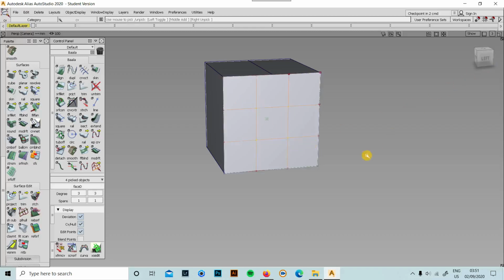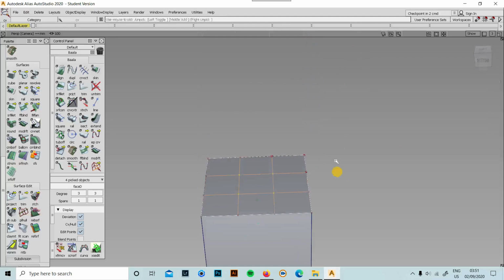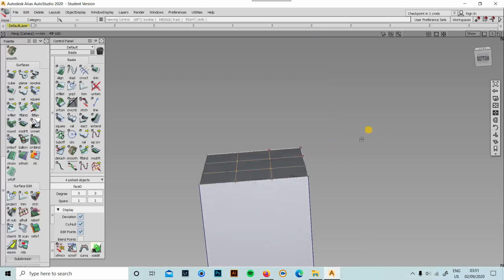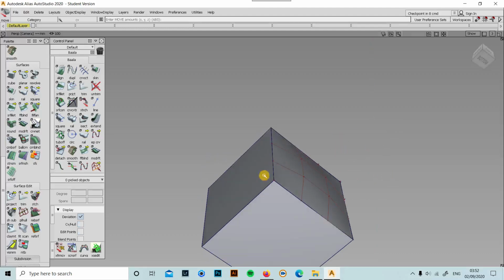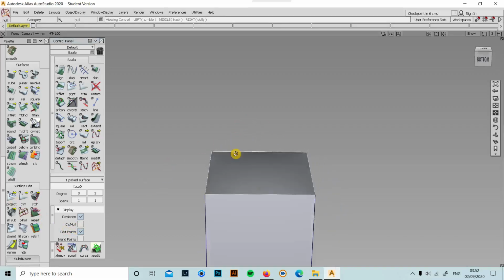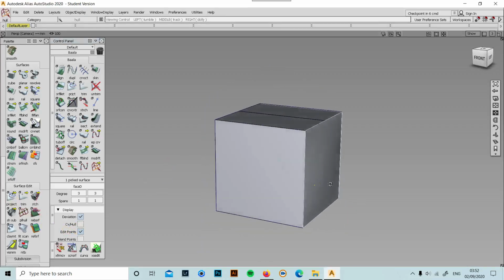This is how you select the CVs. Now the CVs are selected, right? You can press Ctrl Shift and move. Since I am in a perspective view, if I right click it goes for the Z, center is for the Y, and left click is for the X axis. So if I want, I could move and give a slight bulging effect. Select the surface, and this is how you could even give a bulging surface for the cube.